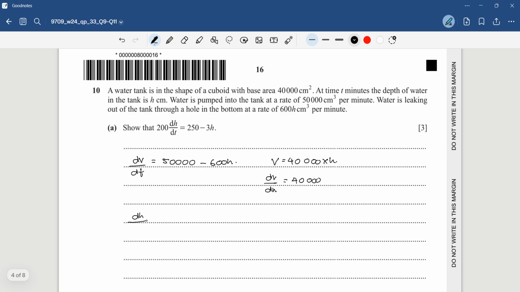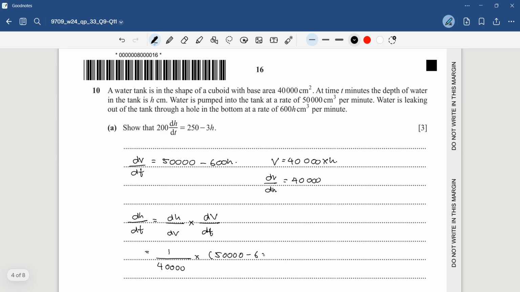So dh over dt will be dh over dV multiplied with dV over dt. So the common variable for both is dV. So dh over dV will be 1 over 40,000 multiplied with